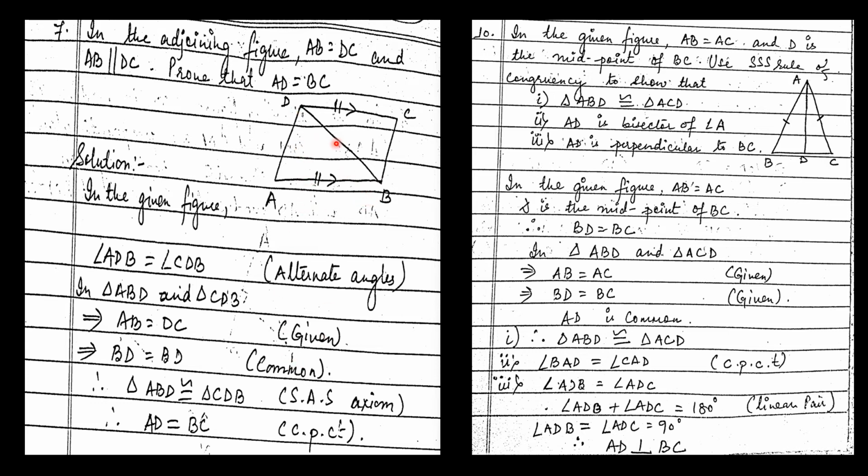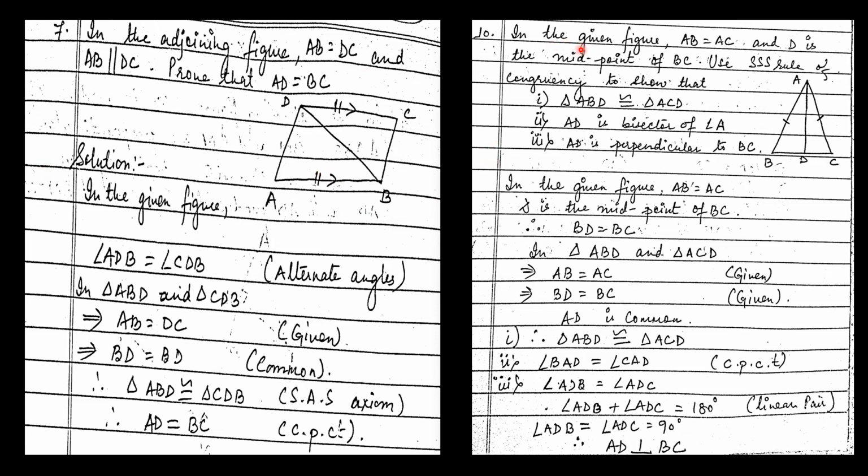So we have two sides equal and an angle equal. If you see, angle ADB is forming an included angle here. So by this property, both the triangles are congruent to each other, that is by side angle side. So we can say that these two triangles are congruent to each other, and that is why AD will be equal to BC because they are corresponding parts of the congruent triangles.